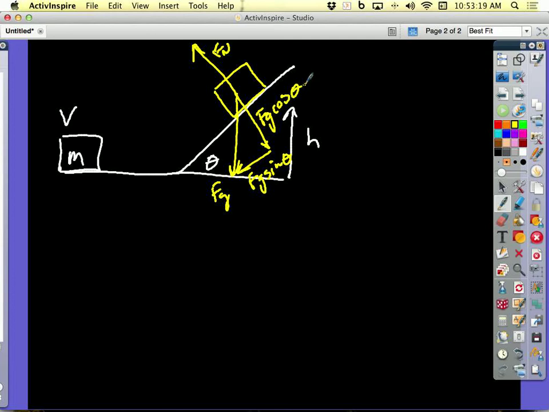So we know the sum of the forces in the x direction, and I'm saying x meaning parallel to the surface, is ma. And so the only thing is mg sine theta. Now,